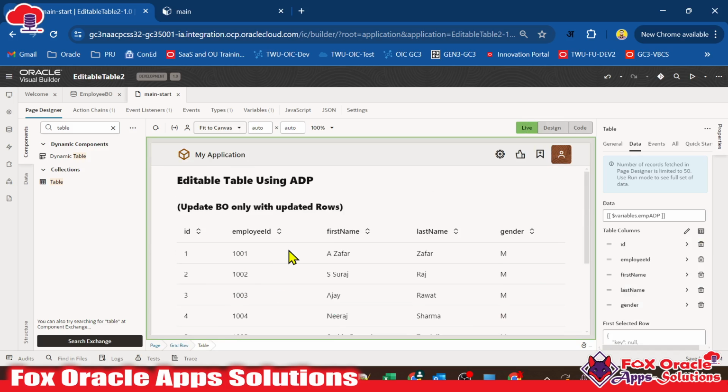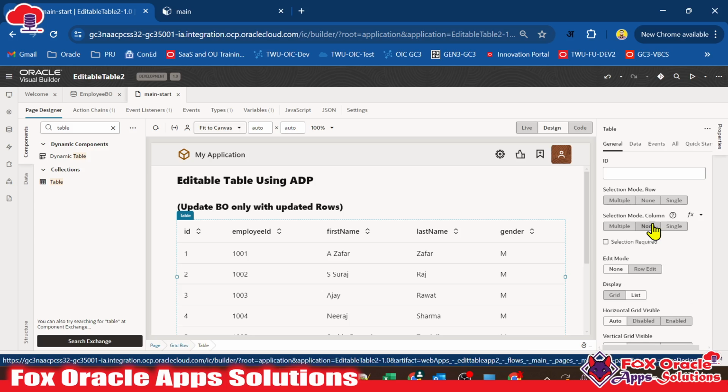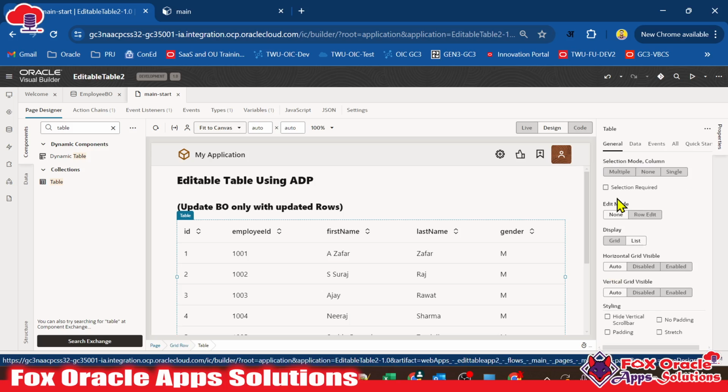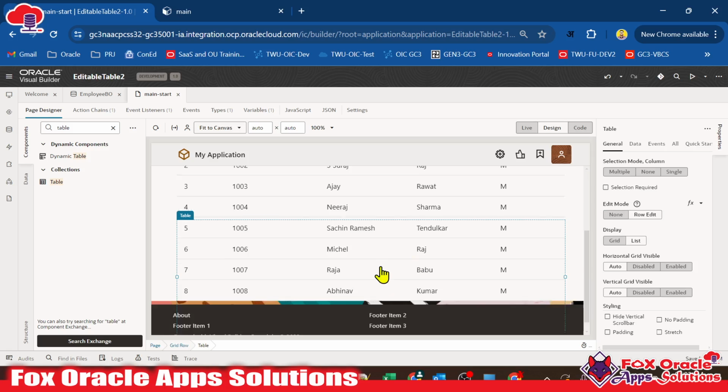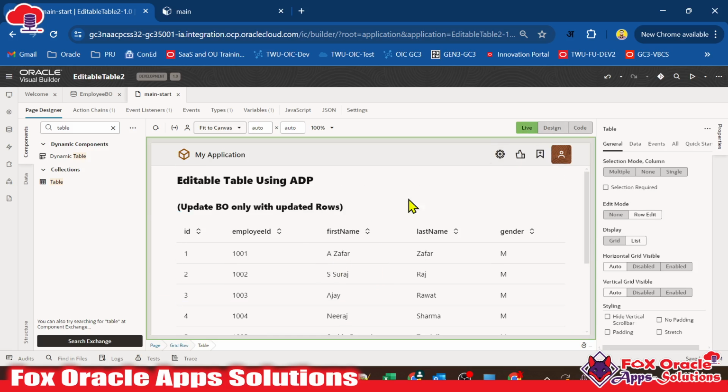Now we have to make this table editable, right? For making this table editable, we have to go to the table properties, and if you see the table here, we have selection mode, single node. We don't have editable mode, it's now none. We have to go for edit. So now you can see the table is in editable mode. If we go to the live mode, you can see